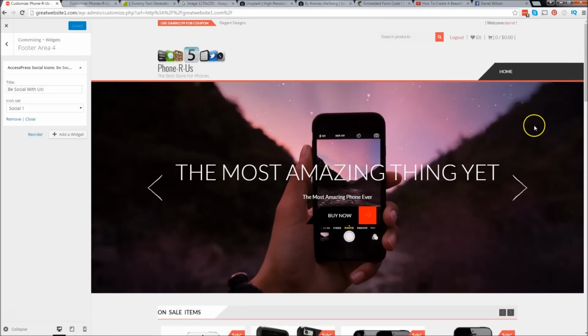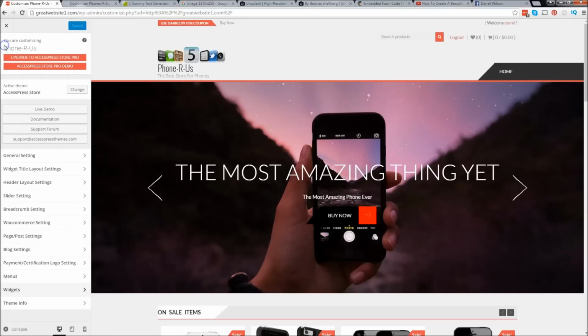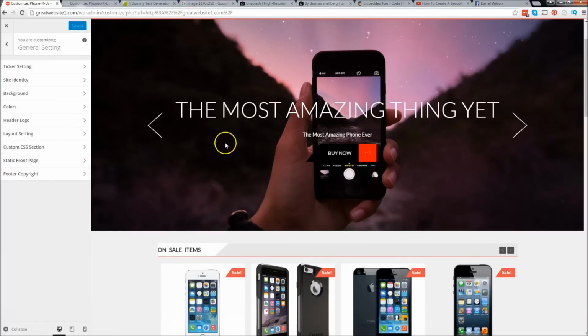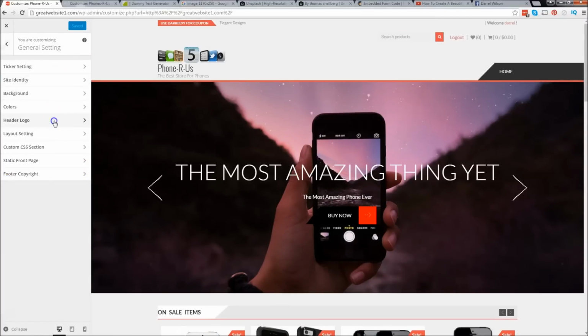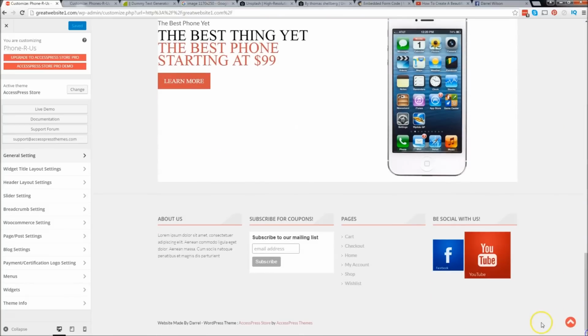But there's some small things that we need to go ahead and add in before we go to our menu section. So I'm going to go ahead and click on Back again and go to our general settings. So in our general settings, we need to make sure that everything is like we want it to be. So our header, our footer, our ticker, etc. But I'm actually going to show, if you go to the way bottom here, there's actually an option where we can go ahead and put on